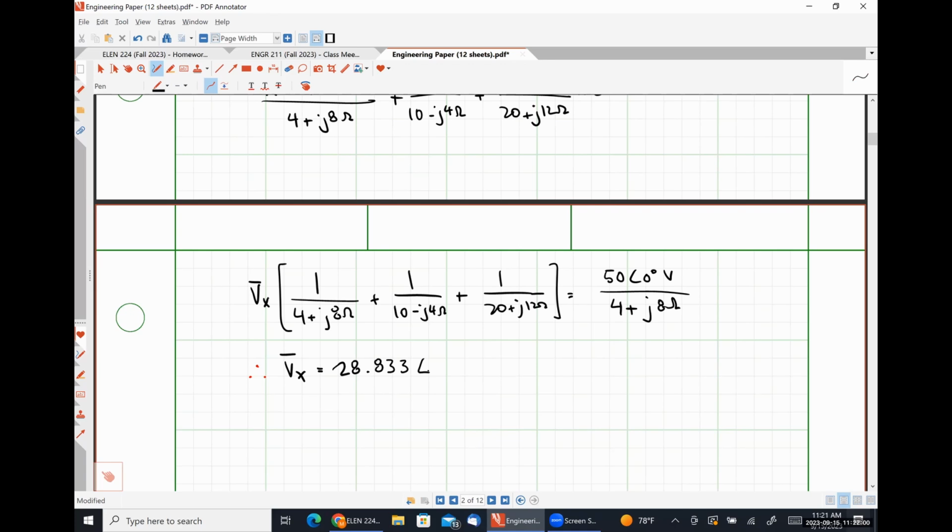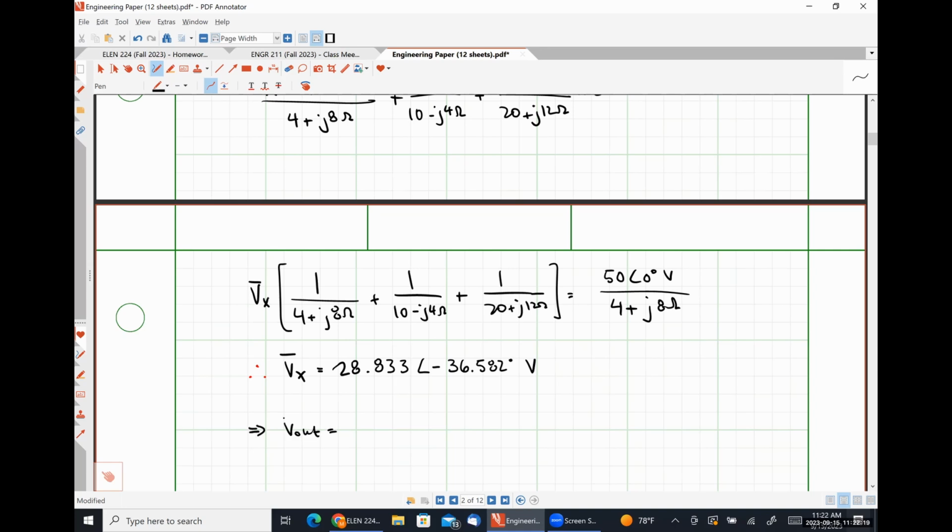Times 180 over pi. Negative 36.582 degrees volts. And then from here,